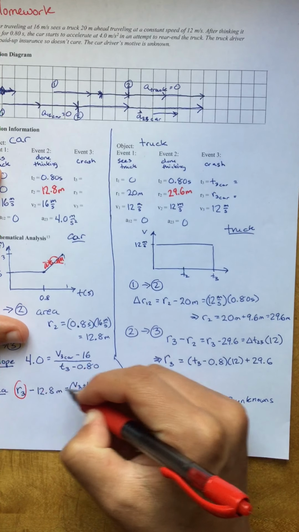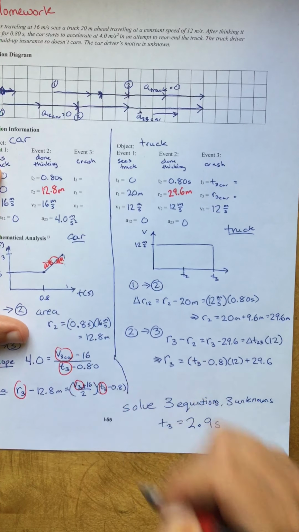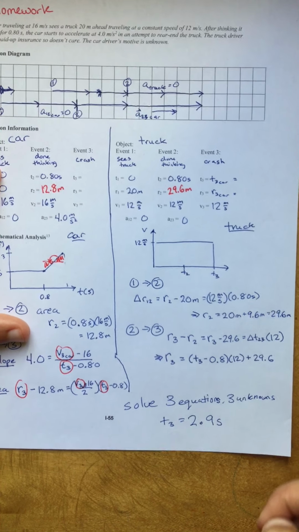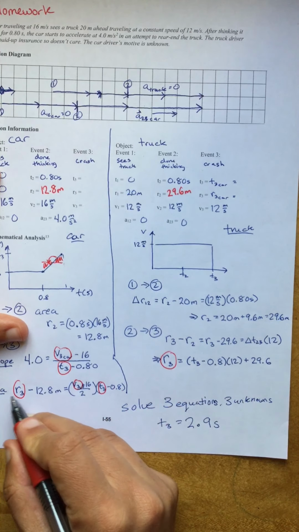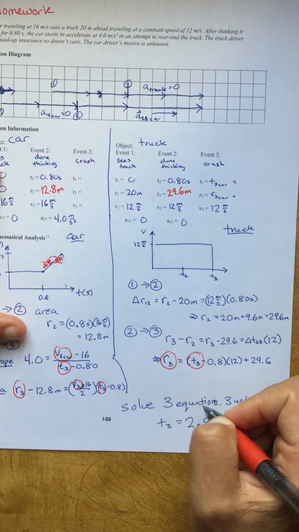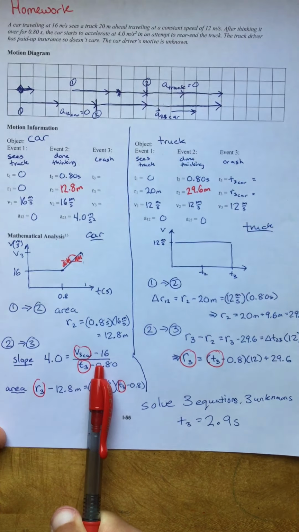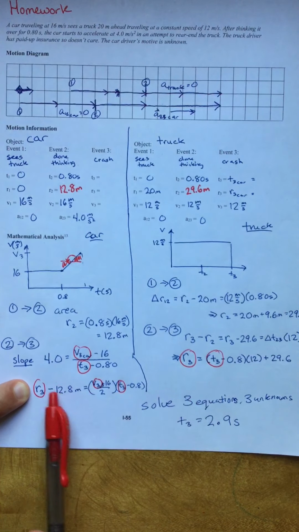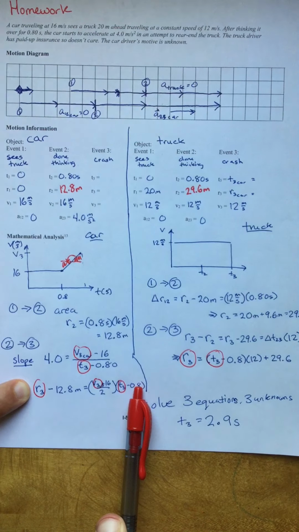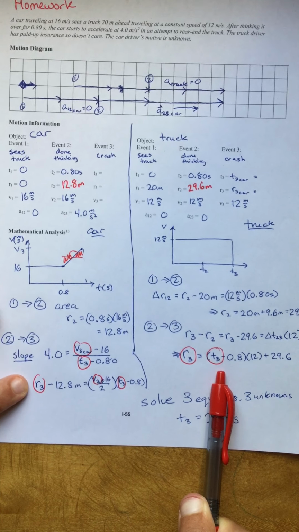Now I have 1, 2, 3 unknowns in this equation. 2 of those unknowns are in this equation, and R3 is the same for the car and the truck, so 2 unknowns in this equation also. I can solve this equation for V3 car, put it in here. Now I have 2 equations, 2 unknowns, can bring the 12.8 over to the other side. Now both these equations are R3 equals something, so I can set those equal to each other,